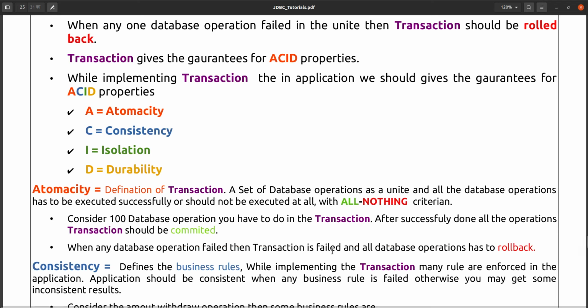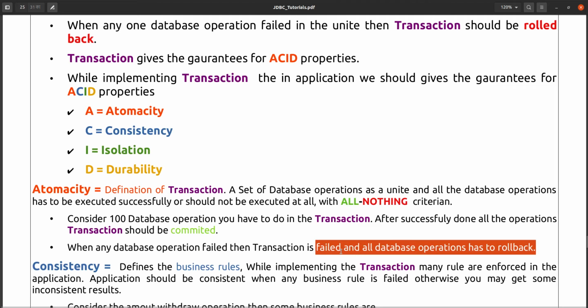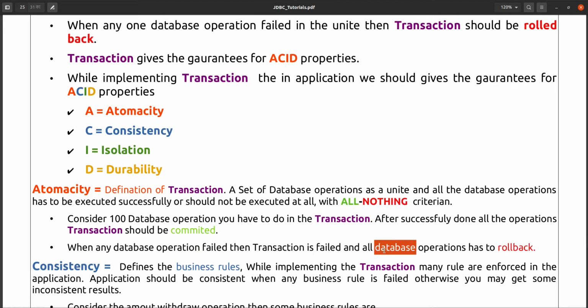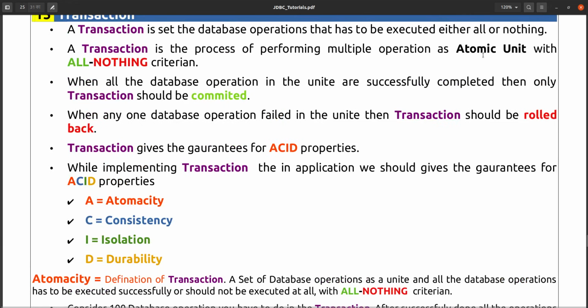Only then should you commit the transaction. So this is the meaning of atomicity. Atomicity is nothing but atomic units.